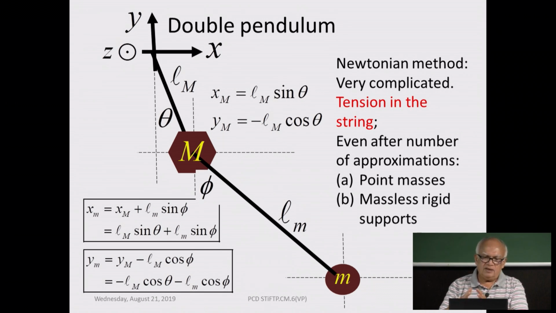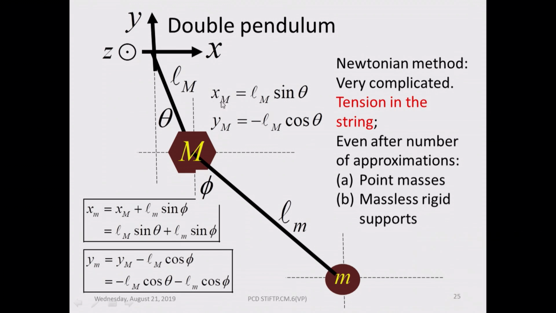So this is the coordinate frame of reference, and you can write the coordinates of the capital M mass and then the lower case mass, which is the smaller mass if you wish,